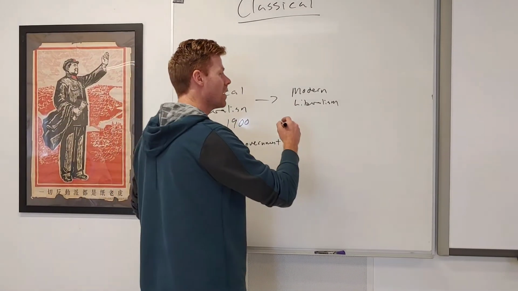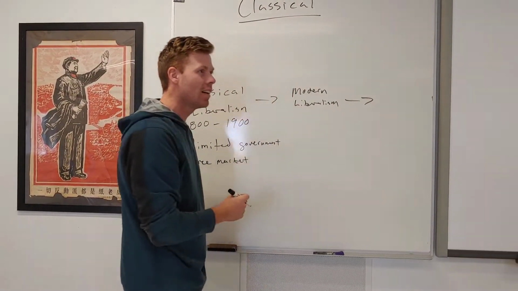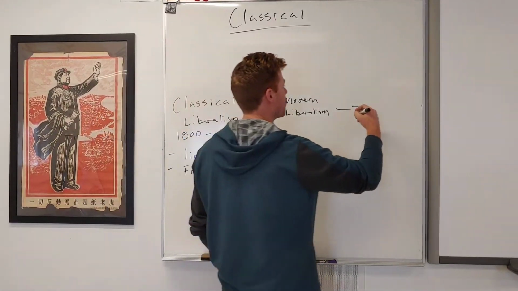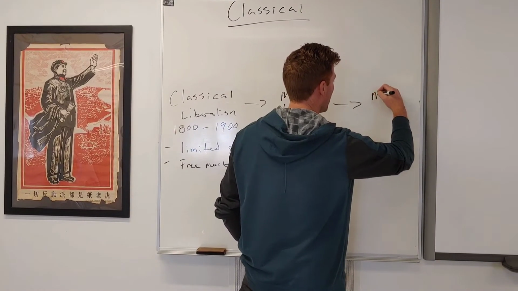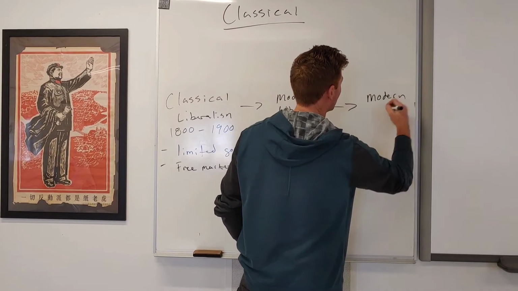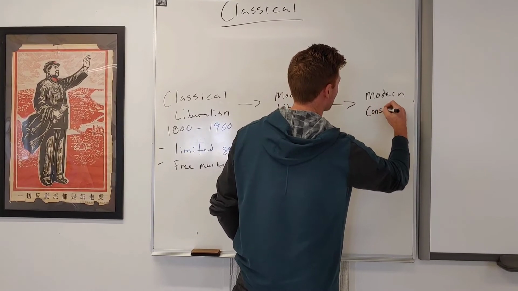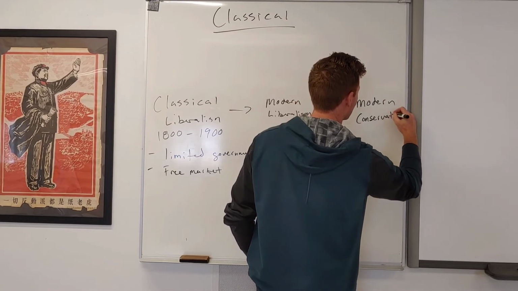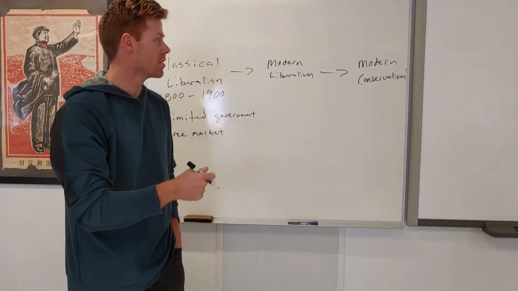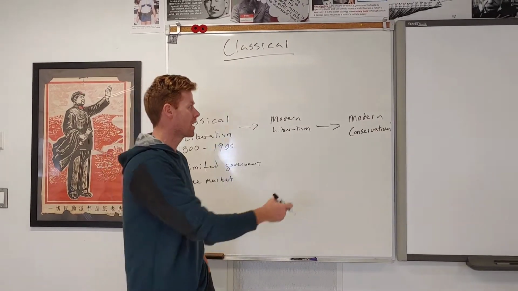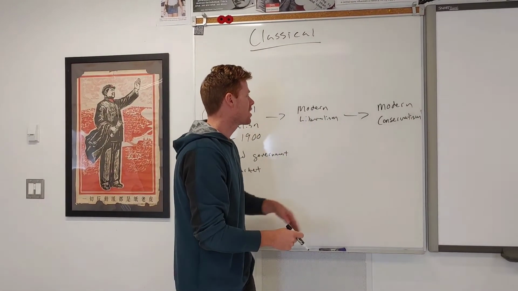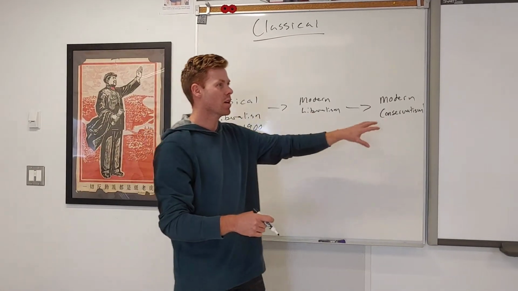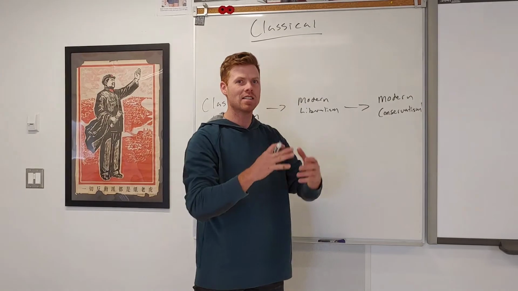Now this all changed in the 1970s when we shifted back, like a pendulum swing, back to the right, and that brought about what is called modern conservatism. You can think about other words like neoliberalism or neoconservatism being associated with modern conservatism, but essentially we were bringing back some of these original ideas from the past in a new and improved way. So that's the easiest way to think about that.